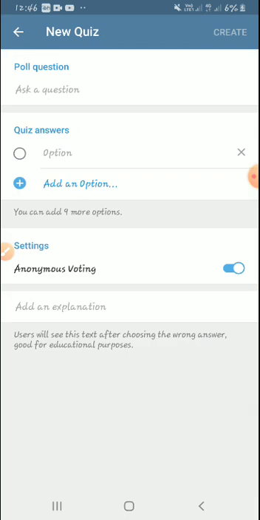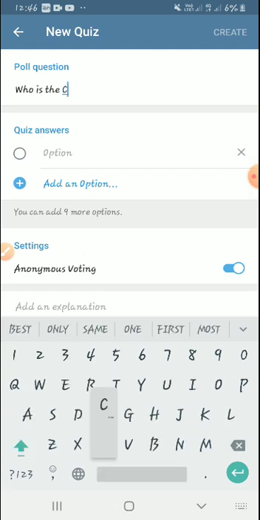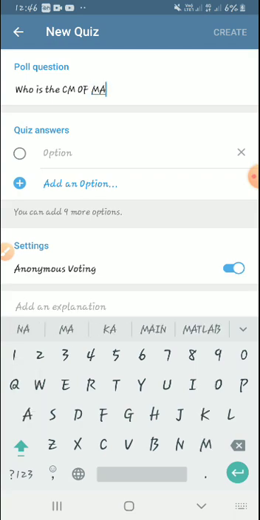Suppose I want to create one more. Who is the CM of Maharashtra?